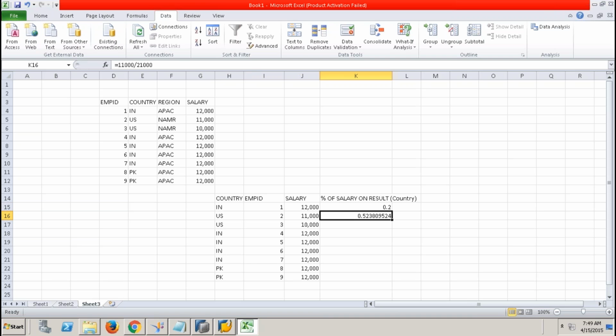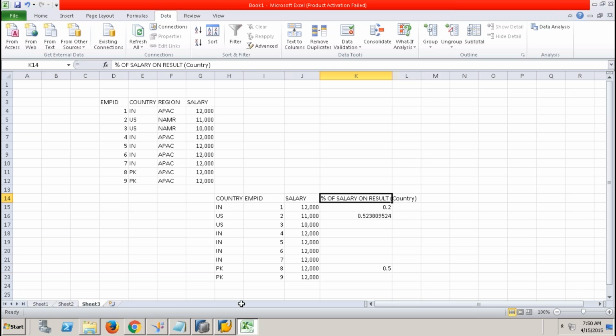Which will be 20%. And for this Asia Pacific, for this 12,000, I need to calculate percentage on sum of the value of Pakistan. It will be 24,000. So it will be 12,000 divided by 24,000, which will be 50%. You understand this? So depending on the column what I do on, the sum of the salary should be differing,